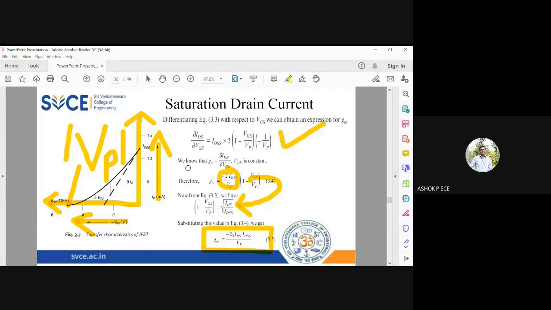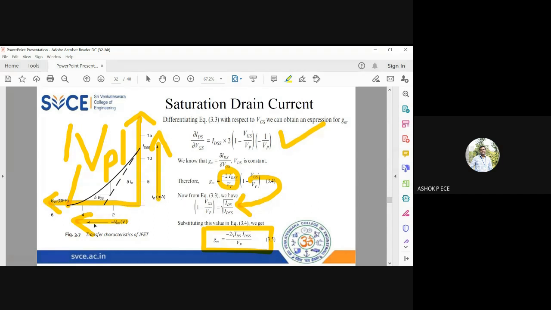What we saw yesterday was the drain characteristics, the output drain current versus VDS. Both are drain side. Whenever you see transfer characteristics, one is the input value and one is the output value. So the input value is VGS, it is negative. We have drawn the graph in the second quadrant. See, this graph is in the second quadrant, okay?